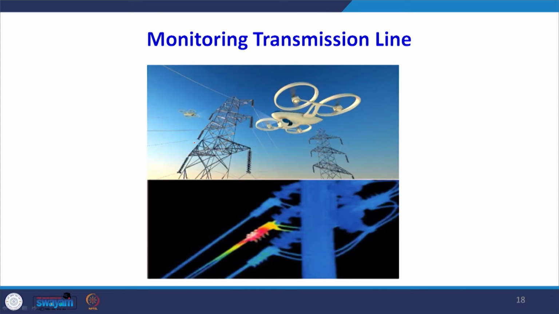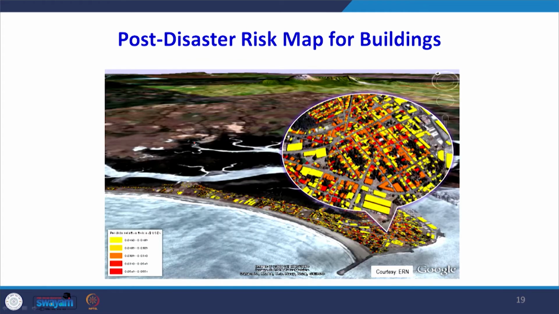Then monitoring the transmission line. A lot of power engineers are now using this data instead of going every day to the field and carrying out the physical checking. So, monitoring the transmission line can be carried out with the help of the data which is collected by the drone, and some repair work or extension work can be taken up.